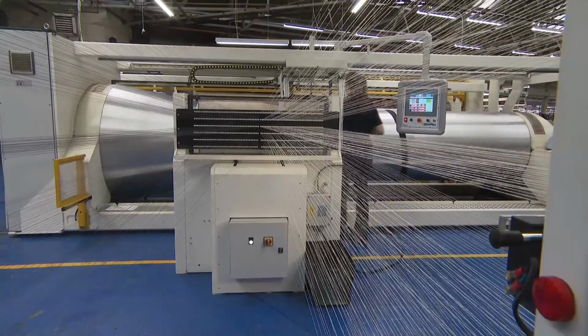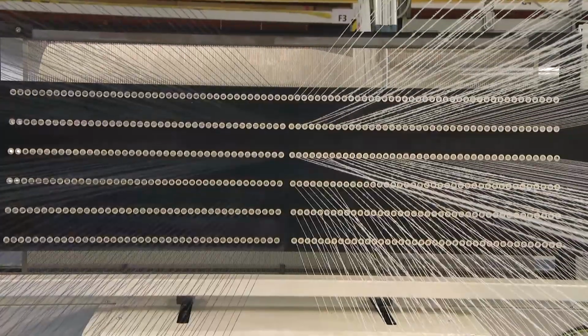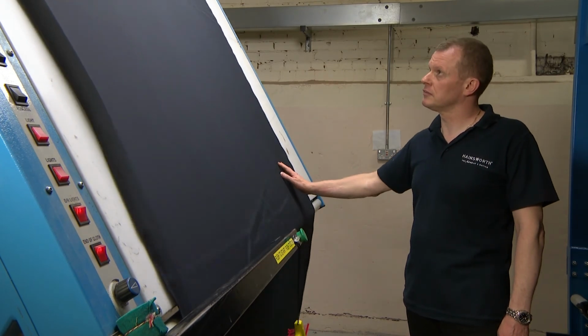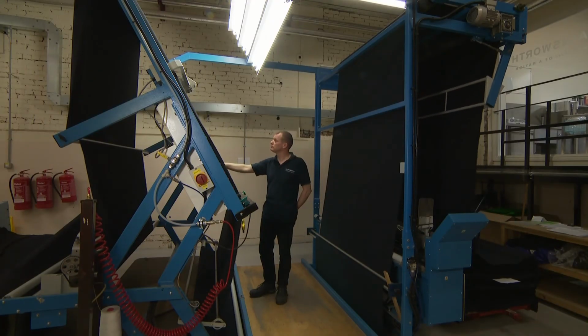Hainsworth buys in fibres to make its fabric, then sells the cloth to manufacturers. It is a supply chain built on trust, but the mill doesn't expect buyers to simply take its word on quality. We have our own independent testing lab on site, and at each process throughout the making of our fabric